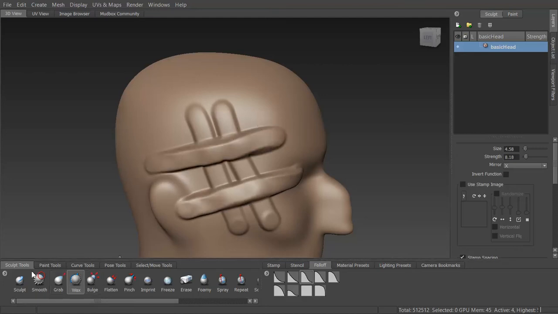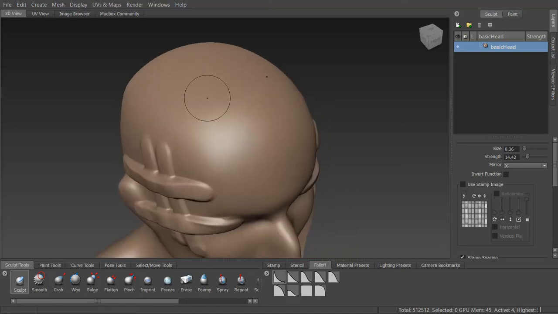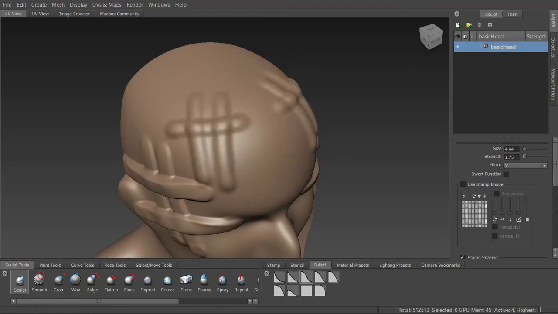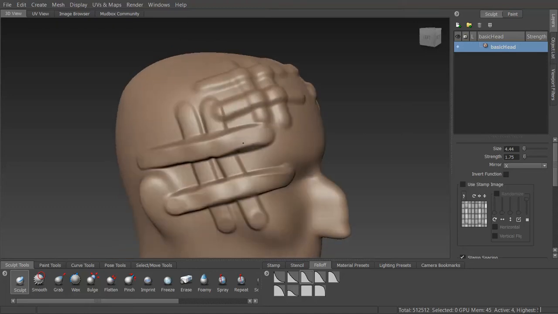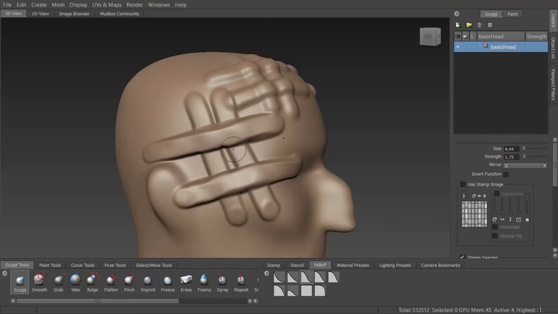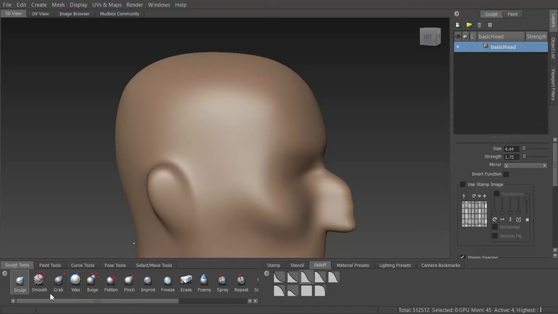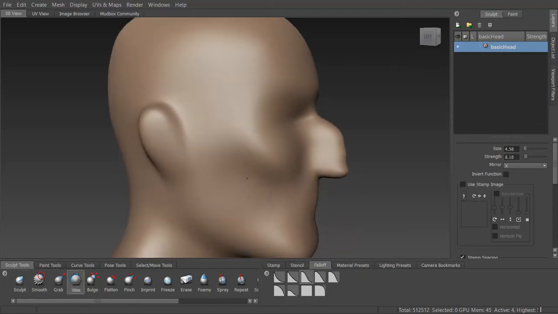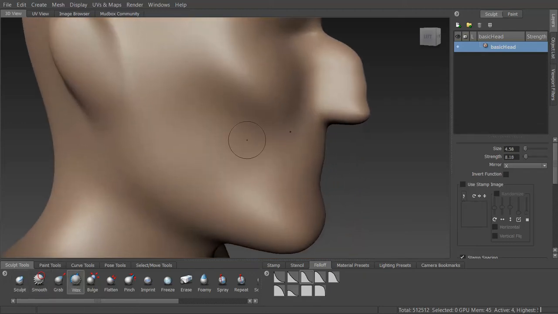Kind of like that. Can't really do that with the sculpting brush. If I'm to use it, I tried the same thing. Change my tip here. Bring my strength down. You can see it doesn't do the same thing. So wax is good for this type of stuff. Especially if I'm doing like a character's teeth and I want to, let's say we can see all of his teeth